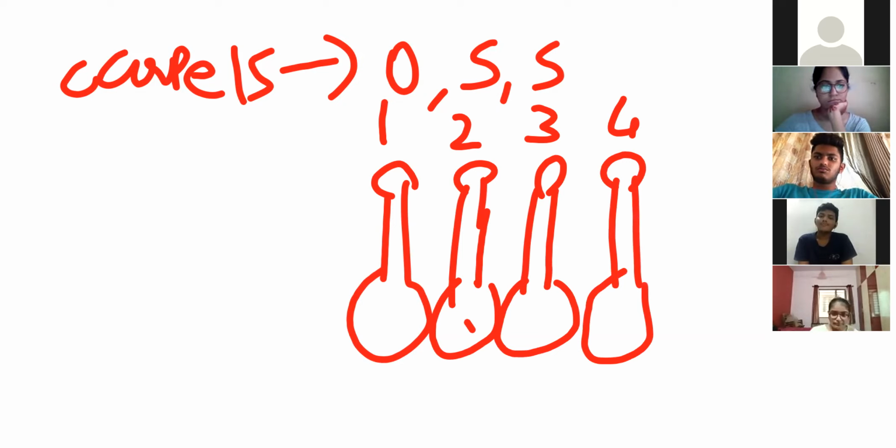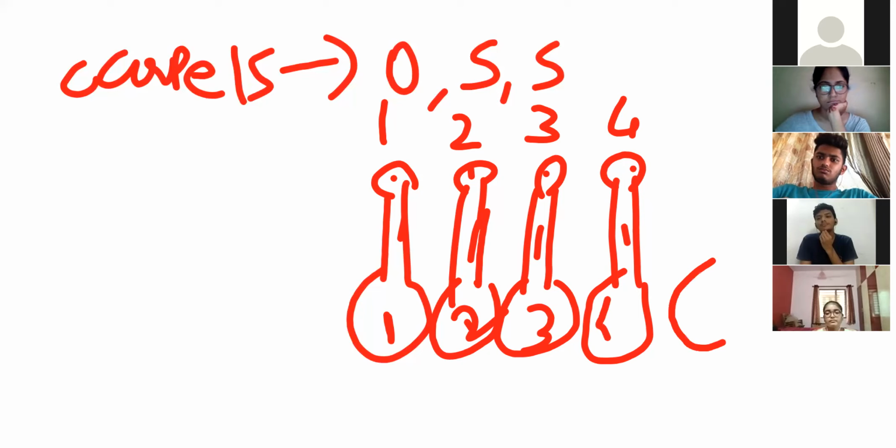Individually, we can clearly make out this is the one ovary, style and stigma. This is the second ovary, style and stigma. This is the third ovary, style and stigma. Fourth ovary, style and stigma. Yes or no? Can you make out that 4 style, 4 stigma, 4 ovary? But this thing you cannot make out in case of syncarpous.